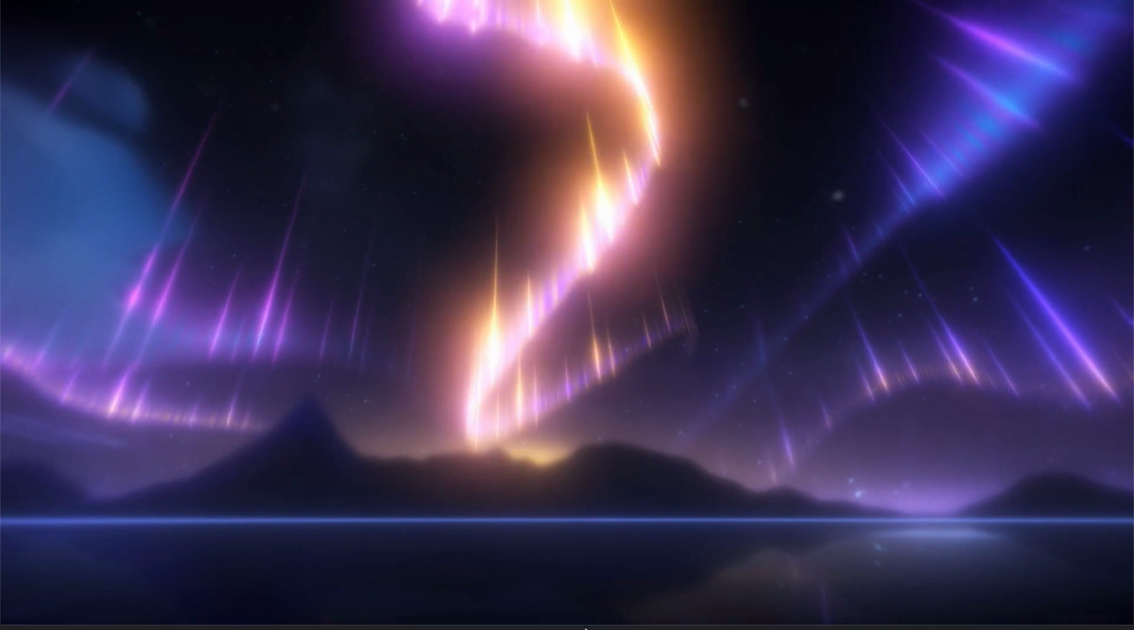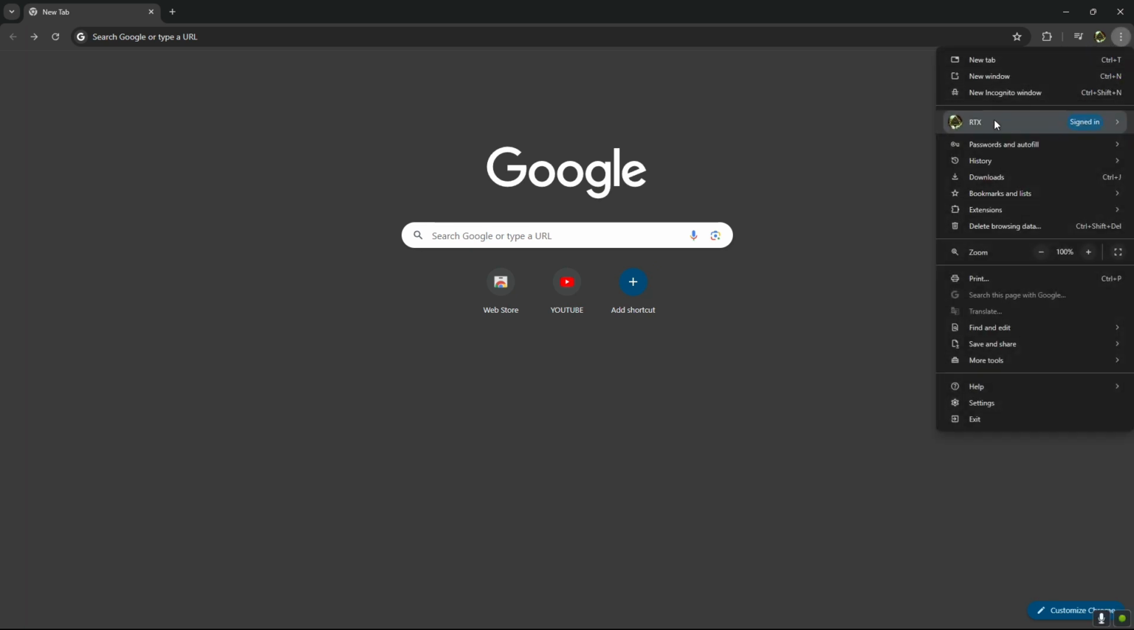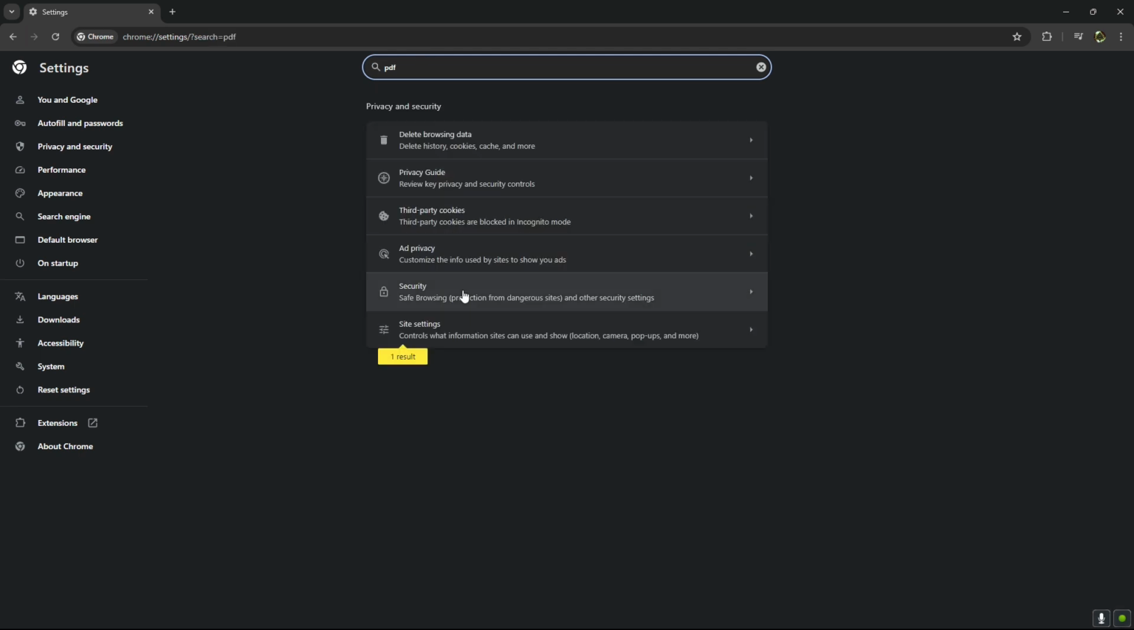First of all, open up your Chrome browser, and after opening it up, click on these three dots and then search here for the settings option and click on it. After clicking on the settings option, search here for PDF, and after that click on site